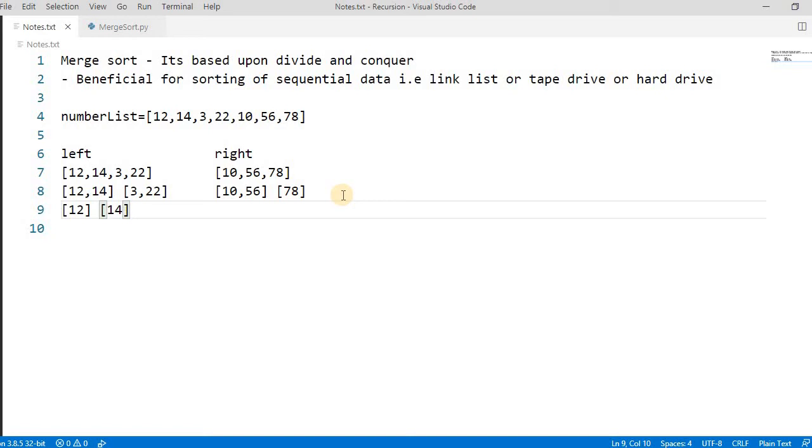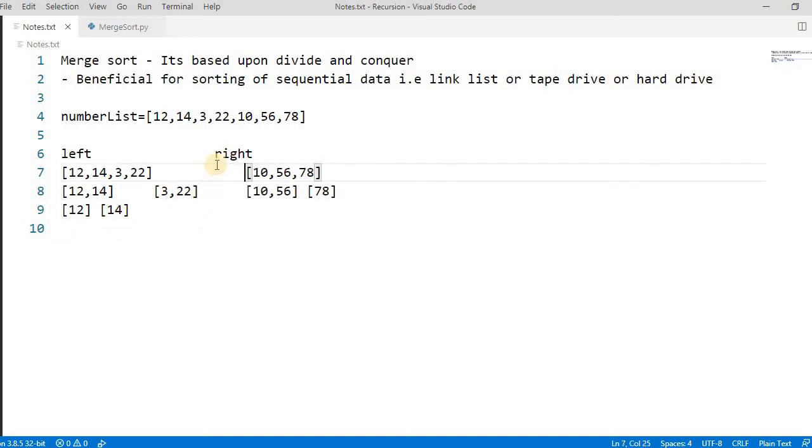This becomes 3 and 22, and here it becomes 10 and 56, and 78 is already single. Now it will sort according to your needs and then merge.